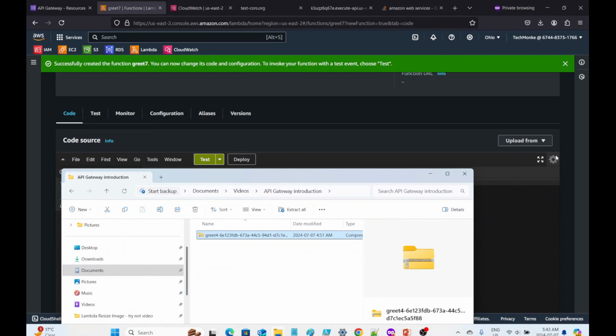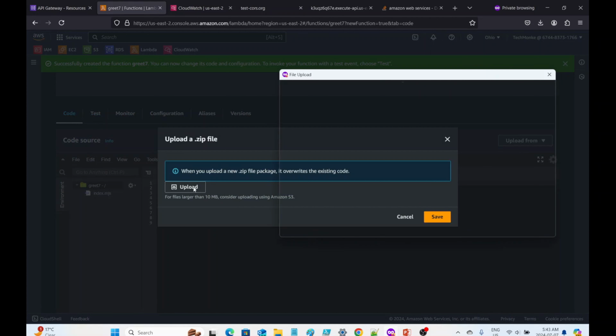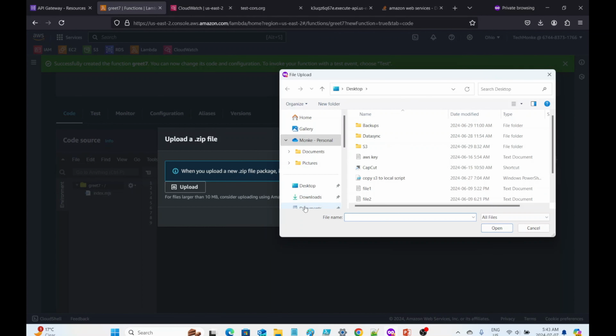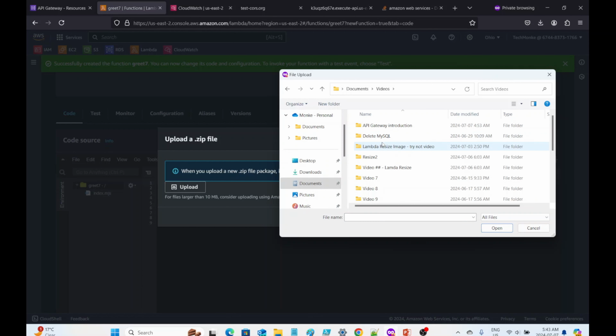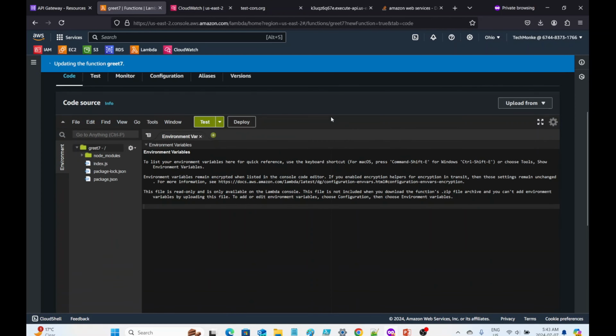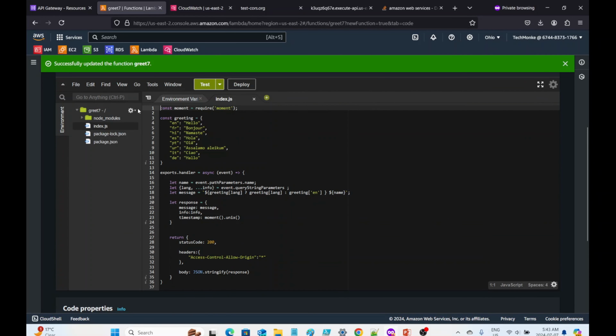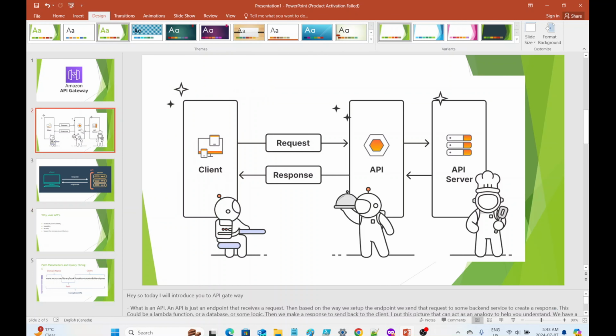Now it's very simple. You just take this zip file, click upload zip file, upload, and then navigate to the zip file. And that's all. Now the function will be loaded. You can open index.js. Now let's just quickly walk through this function. This is going to be the logic, guys. It's going to work like this. If we go back to this picture, we're going to get a request, then API Gateway will forward that